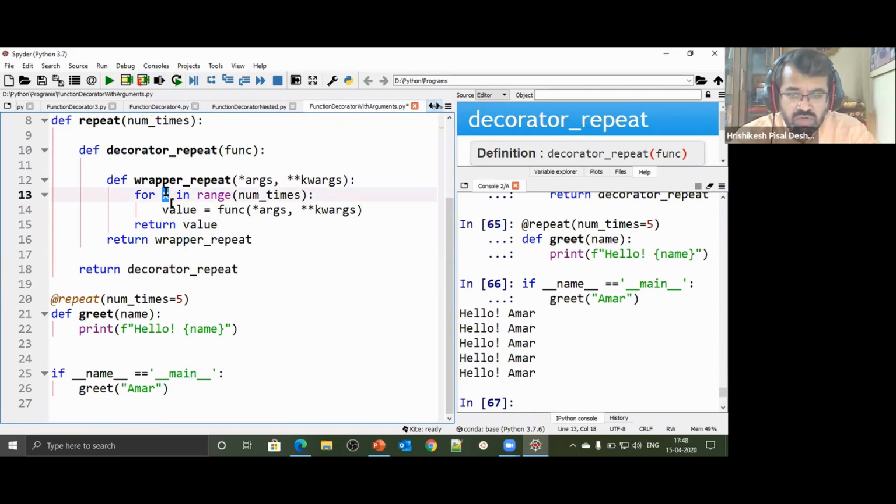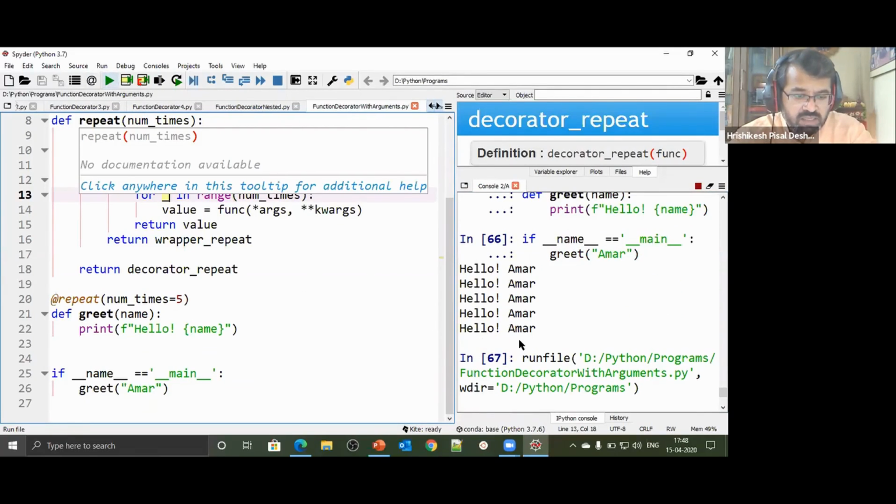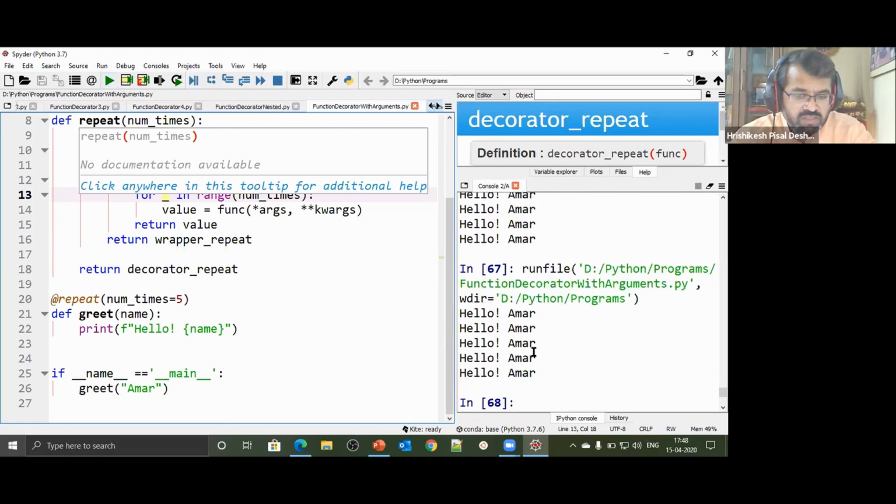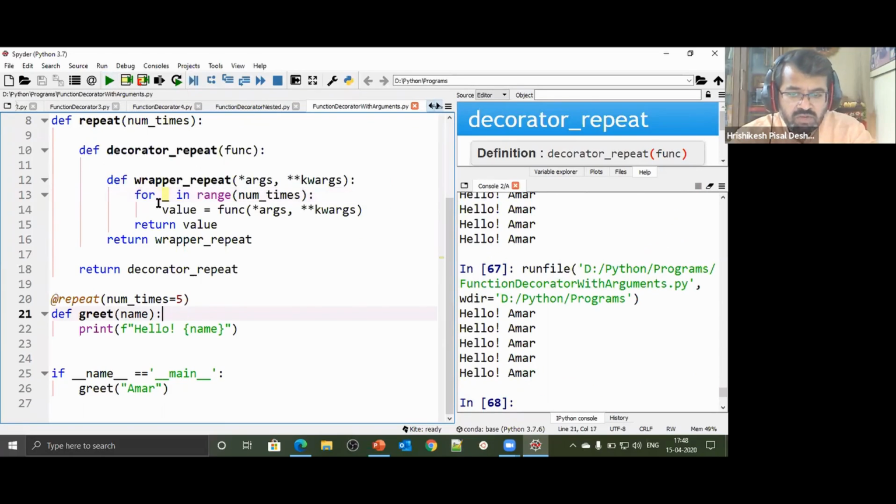यहाँ आप underscore डालो, यहाँ आप x डालो, that will not make any change to my application. Let me see. Hello Amar ही आ रहा है क्या underscore लिखने पर भी? I just wanted some kind of variable. Same thing. So here you can just say anything. So I just say t in the range num times. It is just to show that this particular statement has to be repeated that many number of times.